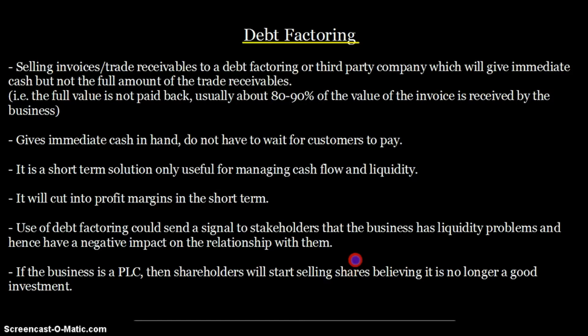Stakeholders like banks could also stop giving them loans, and employees might be concerned about the position of the business. They might be concerned that they might not be given their wages or salaries on time, or perhaps the business will eventually lose its profitability and they might be made redundant. So they might just start searching for new jobs, and labor turnover might increase because of using debt factoring. Of course it won't happen immediately, but these are some consequences of what might eventually happen from using debt factoring as a